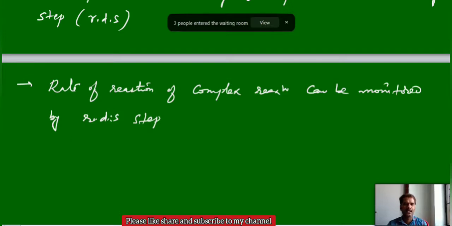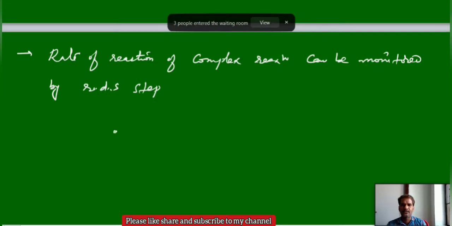So, here the rate law equation we can write according to the RDS step, even though it has the other steps. Why can the RDS step be monitored for the rate of the reaction? We can take one example. For example, you have started a journey from point A to reach point B. Now, we are moving from this point with a speed of some 100 kilometers per hour. Then somewhere in between you get stuck due to some traffic and other reasons.